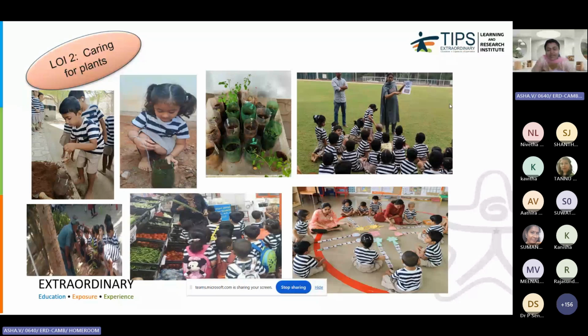Next is the expert talk from a parent and a gardener. One of our parents volunteered to take part in an expert talk, wherein she focused on the parts of the plants that help to promote the development of caring for plants. And the gardener himself had shared